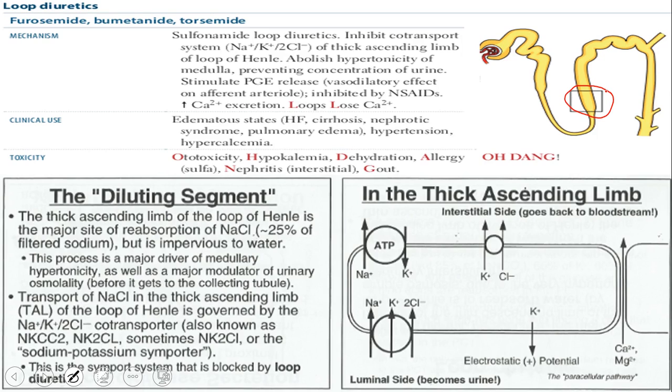Sulfonamide. So a lot of these have sulfur in them. There's one that doesn't. We'll talk about that a little bit later, but most of them have sulfur in them. They inhibit the co-transport system, sodium potassium chloride, in the thick ascending limb of the loop, and abolish hypertonicity of the medulla, so they make the medulla less hypertonic, preventing concentration of the urine. They stimulate prostaglandin E release, which has a vasodilatory effect